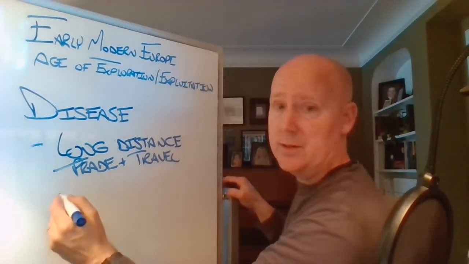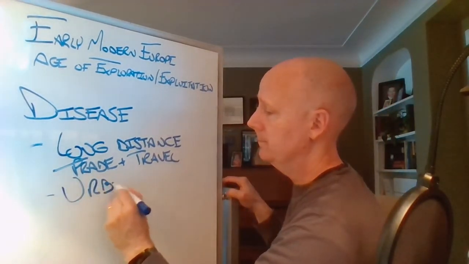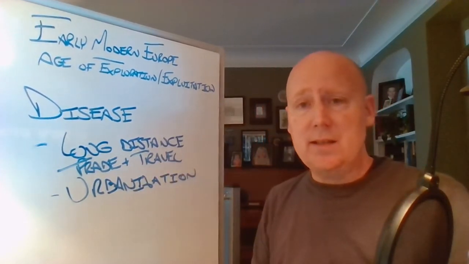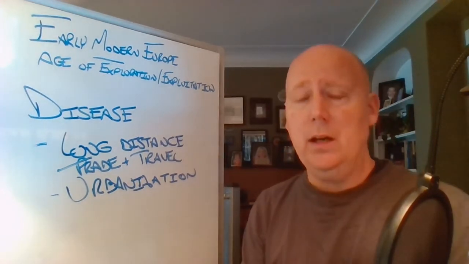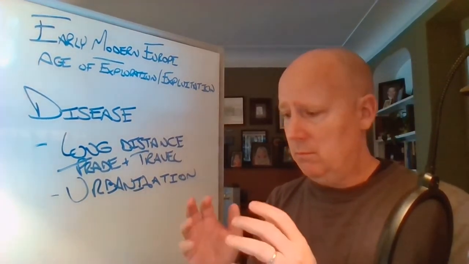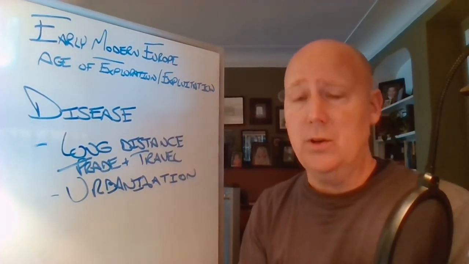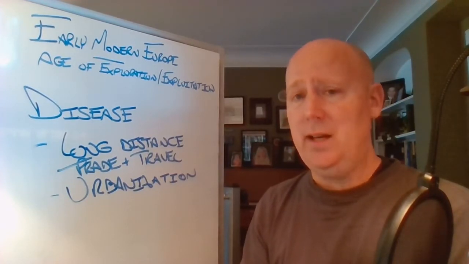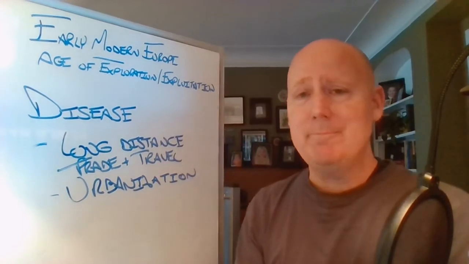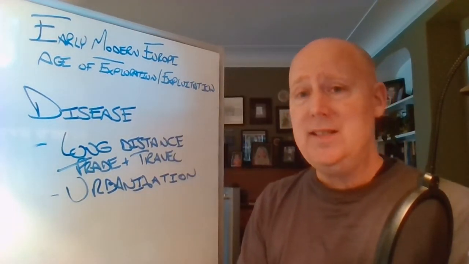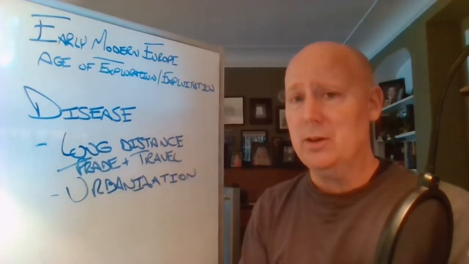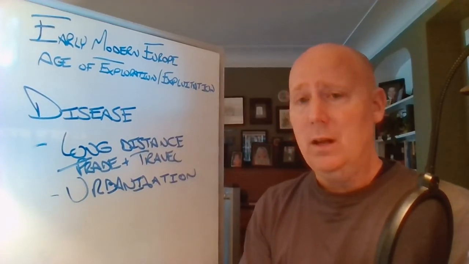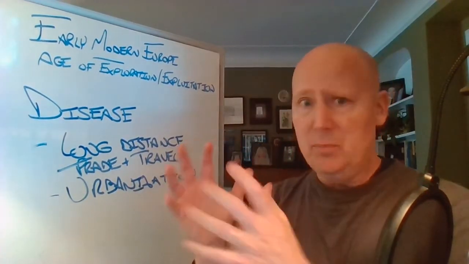All right, a couple of other factors. The next one is urbanization, meaning people who live in cities are going to be inundated with more diseases than those who live in the middle of nowhere. And again, look what happened with COVID-19. It broke out first in the big cities. Why? Population density, right? That's the biggest thing. The disease is able to jump from one person to another, depending on how it is propelled, in this case, aerosols, right? Once it's gone airborne and you've got a lot of people in small